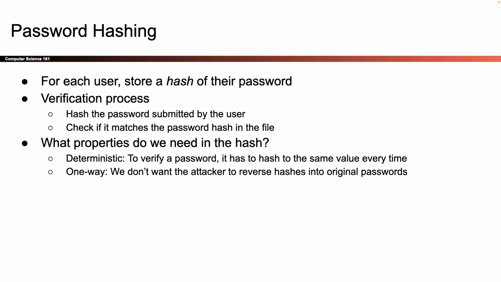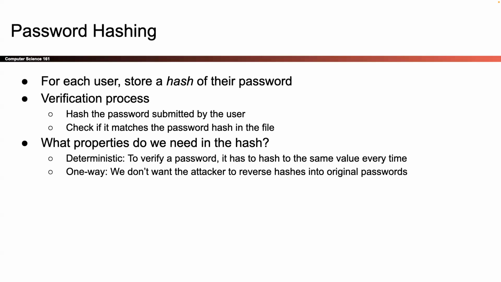I don't want them to know. And if the hash is one way, then I should be okay. If I give them the hash, they have no idea what input I used to generate the hash, then I should be okay. So if we have those properties, then these hashes should be secure. So now users can log in and the attacker who steals my passwords file has no hope of knowing what